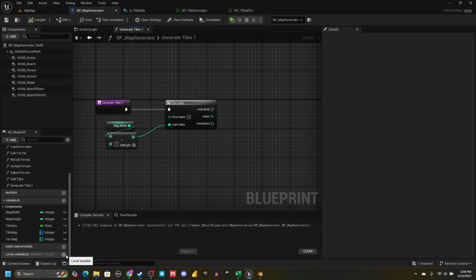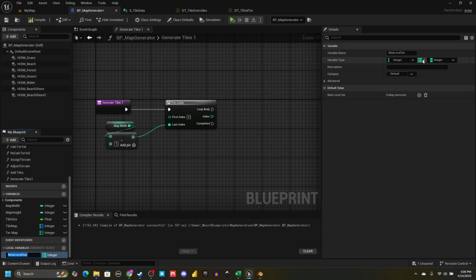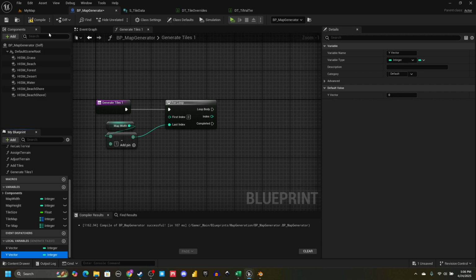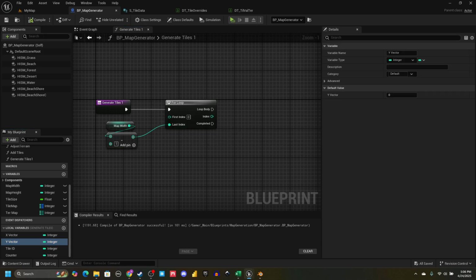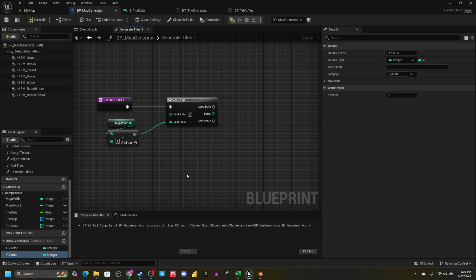I'm going to create 2 local variables in here, just of a single integer type. First one we call x vector, and I'm going to Ctrl+D duplicate that, and then we will do y vector. So this is the coordinates of the map, or of the tile across the map,